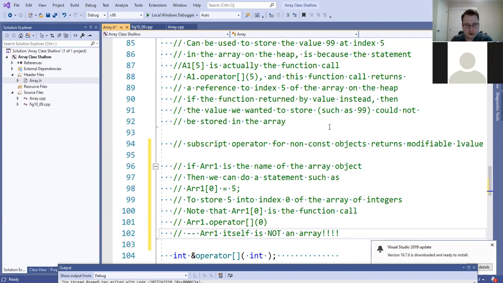So the function call here is calling operator bracket. A statement like what we had here has two different function calls. We have to call operator bracket, and then we also have to call the assignment operator to ultimately store 5. So what's going to happen is we do this type of function call shown here, ARR1 dot operator bracket, and then 0, assuming we want the number to be stored in index 0 of the